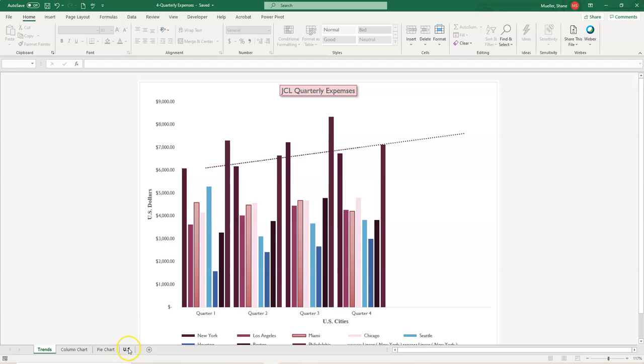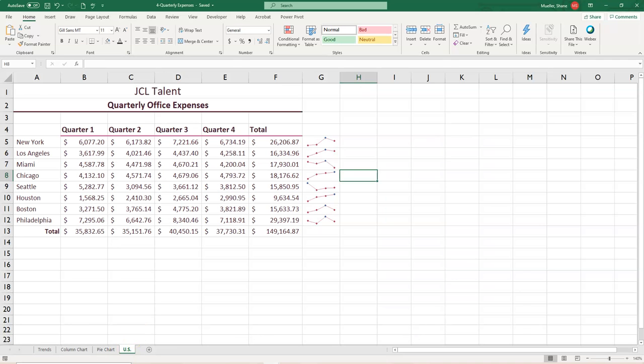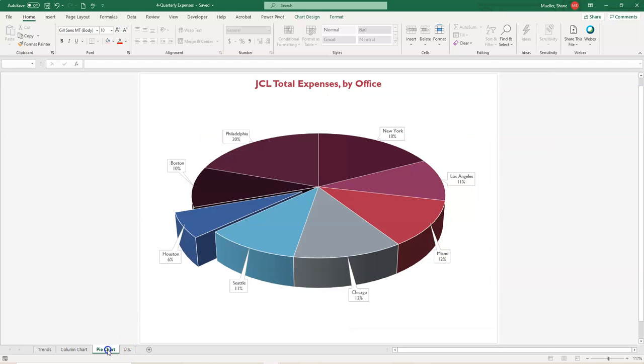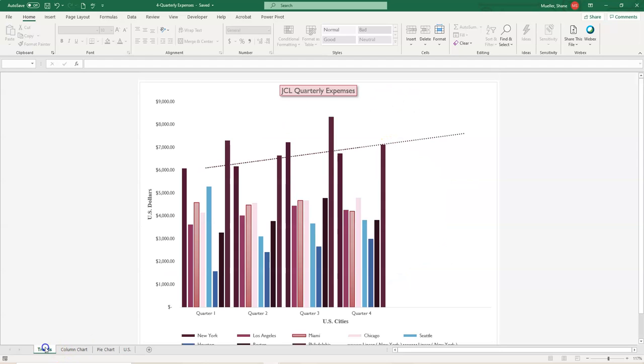So again, we've got the US that we based all of our information on. We've got the column chart that we added. This is a quarterly expenses by city. We've got the pie chart that was the total expenses by office. And then we've got the trends, quarterly expenses trend. All right, and I misspelled that, I can see, but I'm not going to worry about it right now. All right,